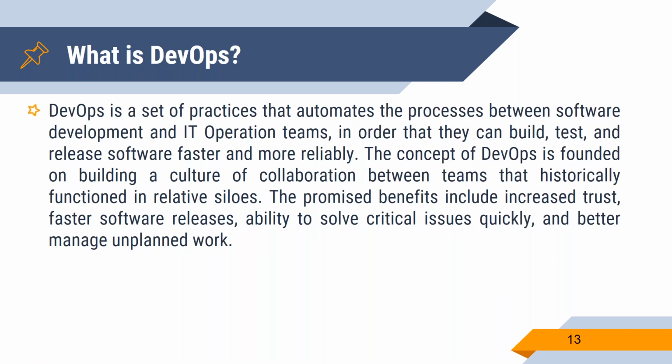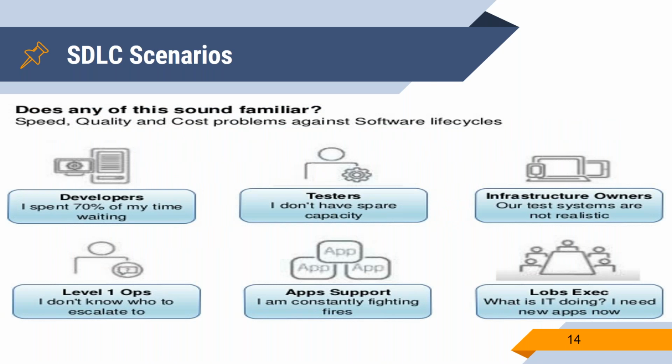And this is again general information about DevOps. In the SDLC scenario, we have some issues in our software development life cycle. Developers will spend 70% of their time in waiting. The reason why is, if I'm creating some code, I have to know whether my code is working fine along with your code. So I have to wait until the deployment is happening. So 70% of the time during the product development will be in a waiting state.